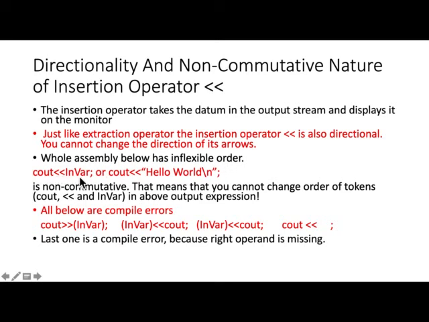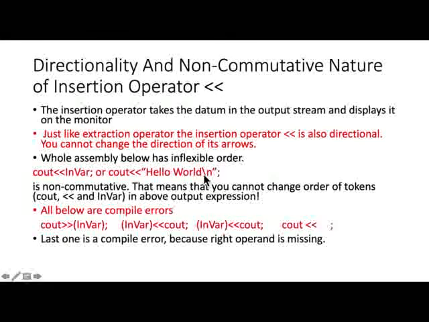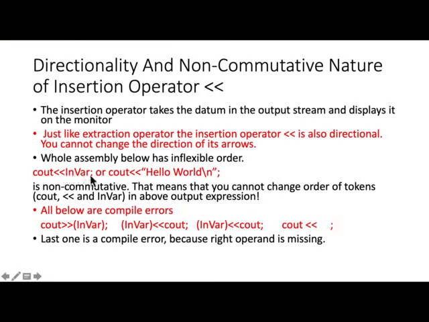I say cout in var, which is a populated variable, or I say cout hello world, which is a literal string. It's an inflexible order and it's non-commutative, meaning you cannot change the order of tokens, and the tokens are cout, insertion operator, and in var. This order is inflexible, and that's why all these are compile errors. And one more time I'll explain. If I say cout in var, parenthesis optional,